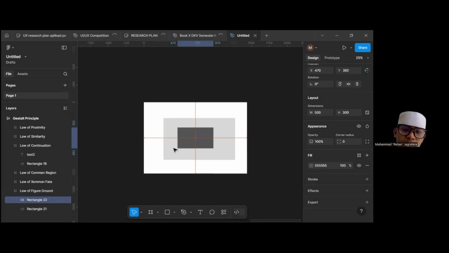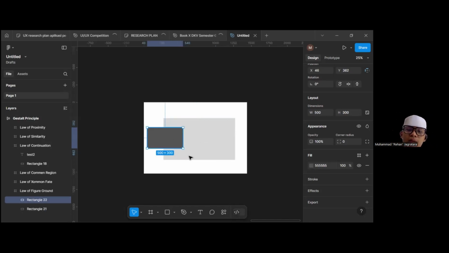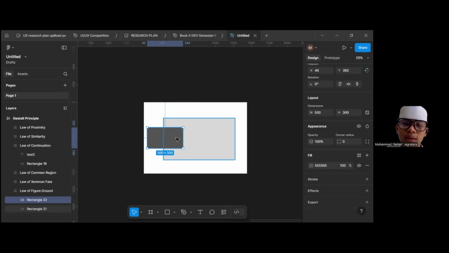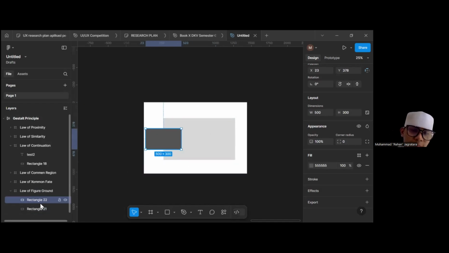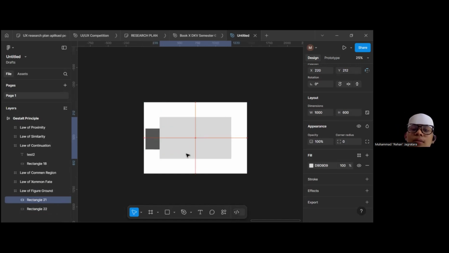This is the front page, and even if this one is lighter than the other one, we will still recognize it as the front page. Our brain will recognize that something is missing from this one.